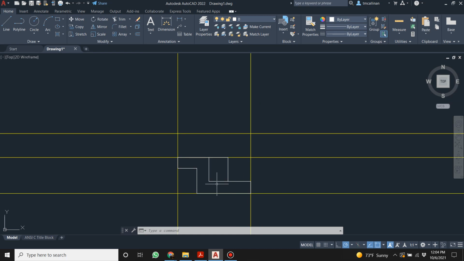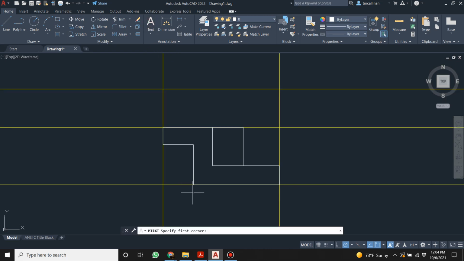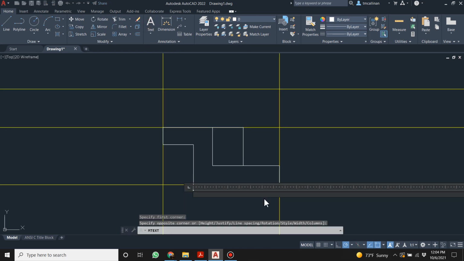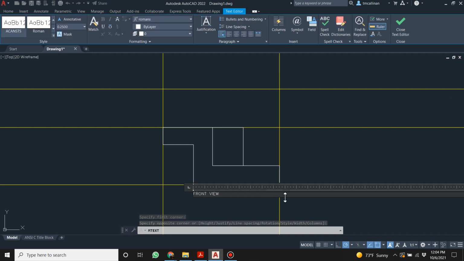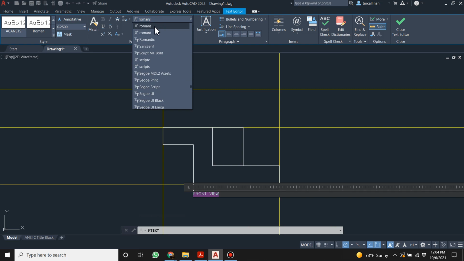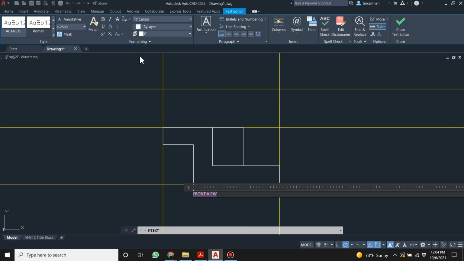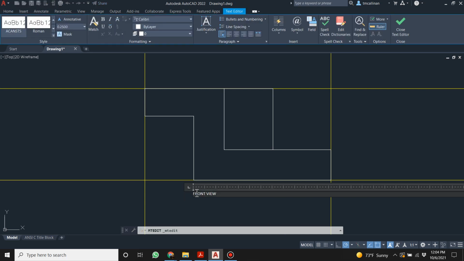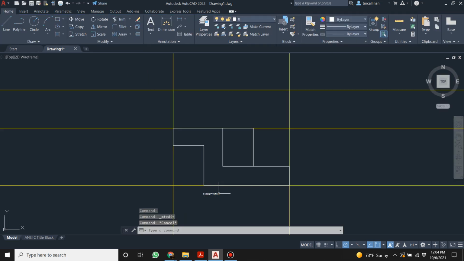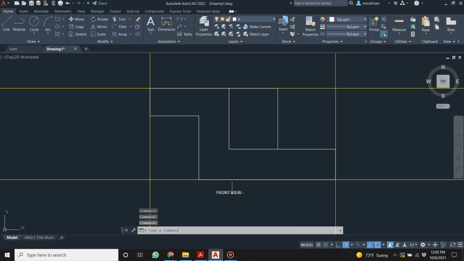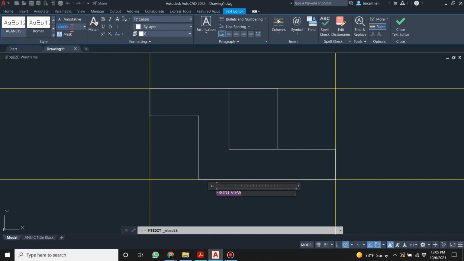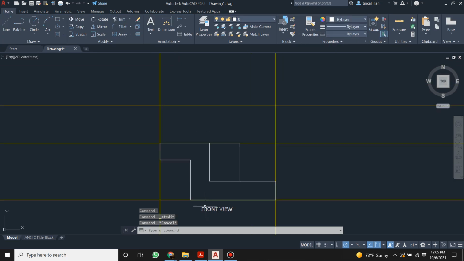So there's the front. And look, we're gonna be good drafters, and we're going to type this in. Front view, and I'm going to go to Calibri. Calibri, let's make it a bit bigger. Do we want to make it 1 inch? We'll make it 2 inches in height. Now we're talking. Click away. All right, and then I click on this, Control C, Control V,